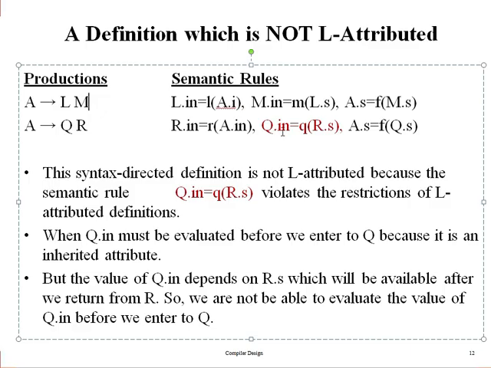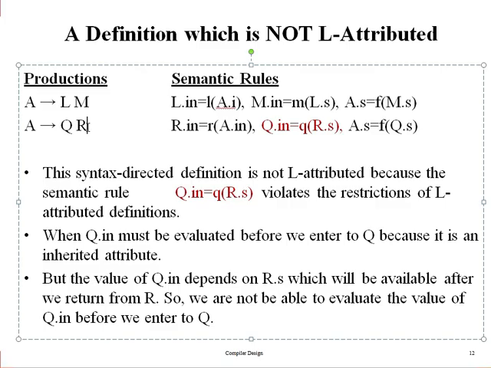correct. The inherited attribute of Q is calculated from a function q, which takes as a parameter the attribute value of R, the synthesized attribute of R. And the non-terminal R is to the right side of Q. So the inherited attribute of Q should not be calculated from the attribute of R, whether it is synthesized or inherited,